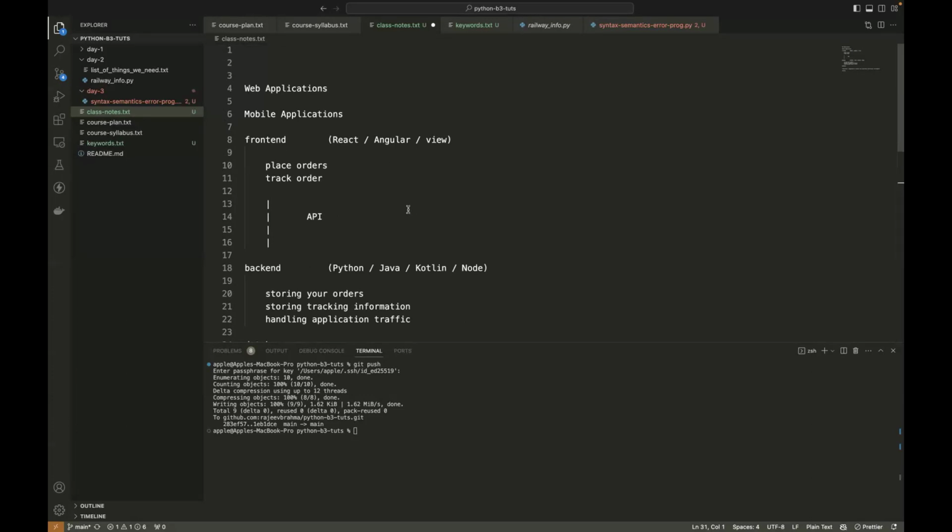You want to keep track of the chef's activity. Let's say he has taken the order, he's preparing the order, he's packing the order, he's delivered the order. These are the stages. You can write an automation program to track the chef's activity